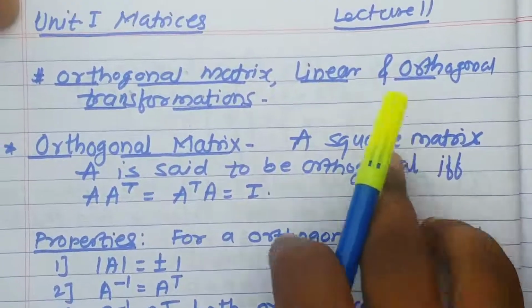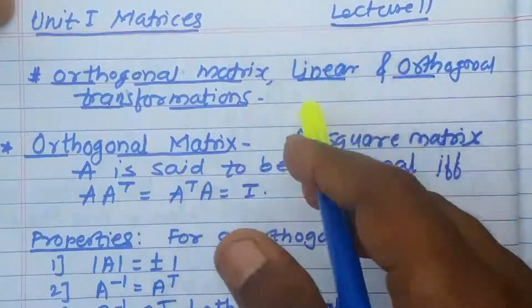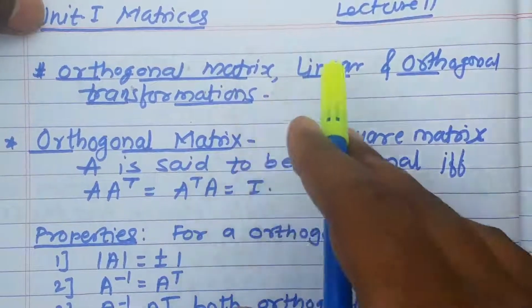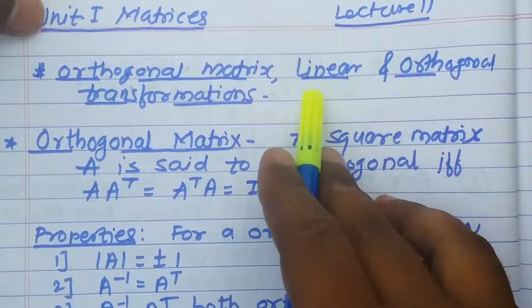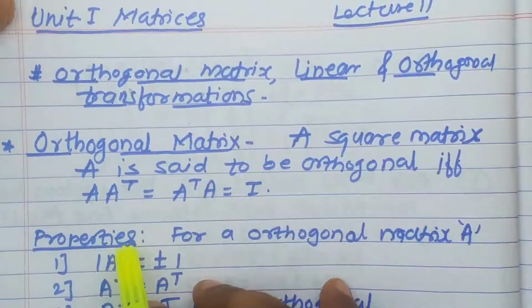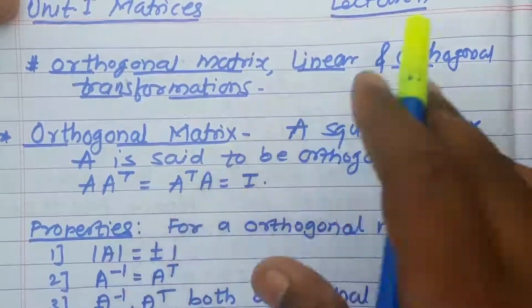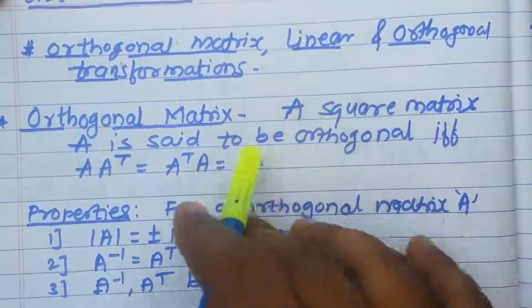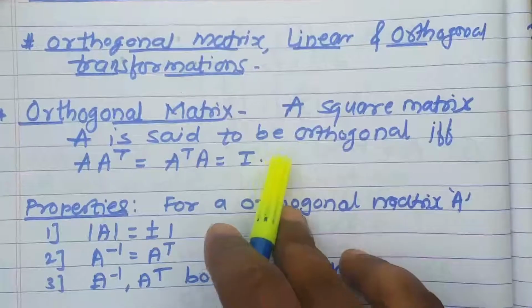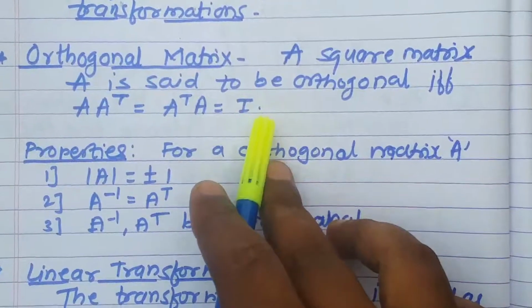Now, the next content of unit number 1 is eigenvalues and eigenvectors. For understanding the concept of eigenvalues and eigenvectors, one must understand the concept of a linear transformation. Before discussing that content, we'll go through all these three definitions and do some examples based on these definitions. First definition: orthogonal matrix.